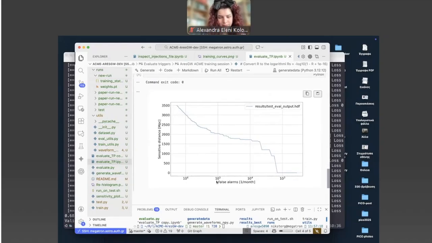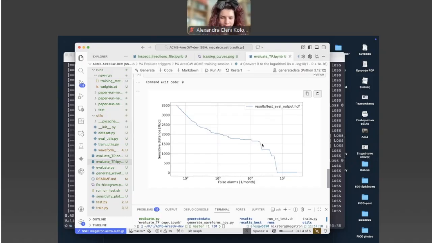Okay, so sensitive distance in megaparsec versus false alarm rate as a function of 1 per month. So what we see is that if you allow a very high false alarm rate, then theoretically you reach a high sensitive distance of several thousand megaparsecs.